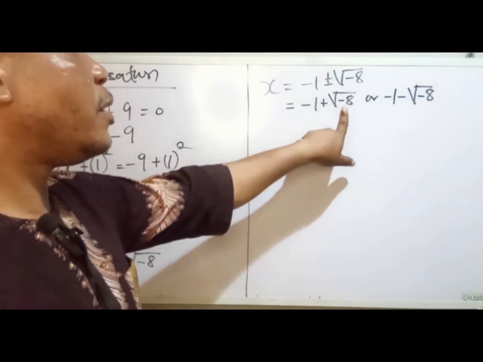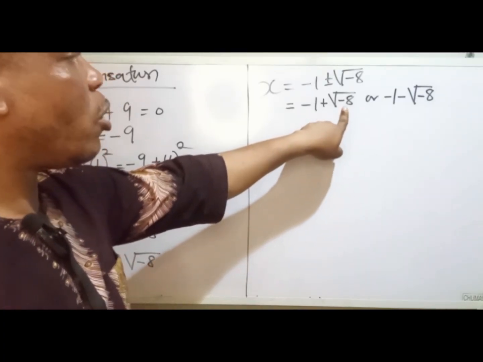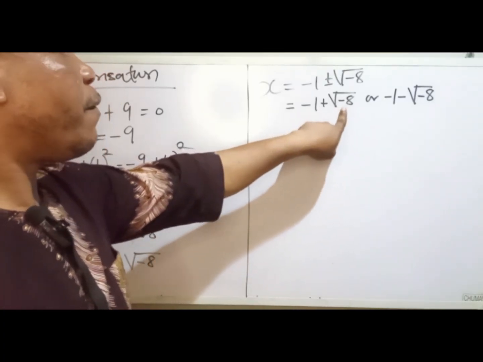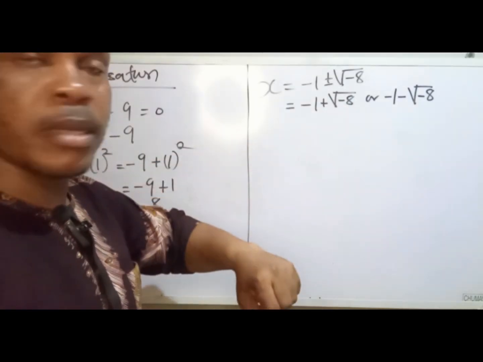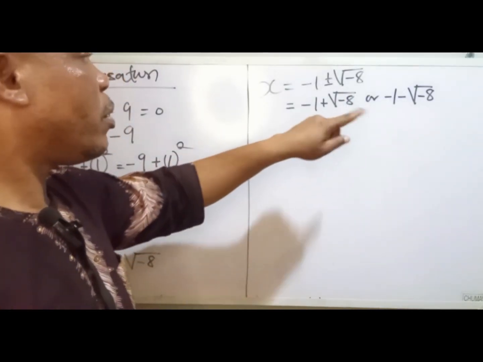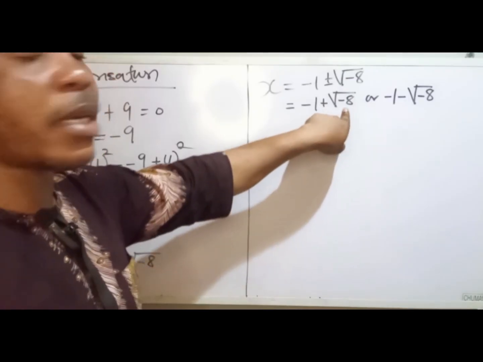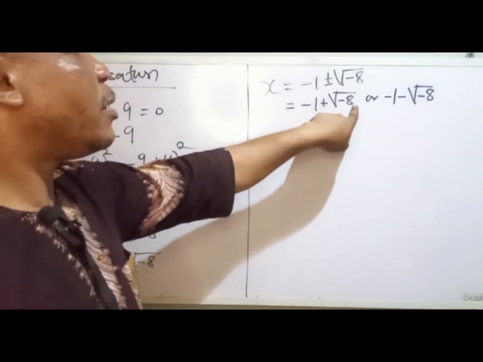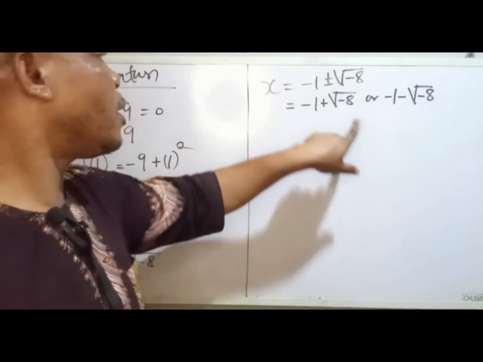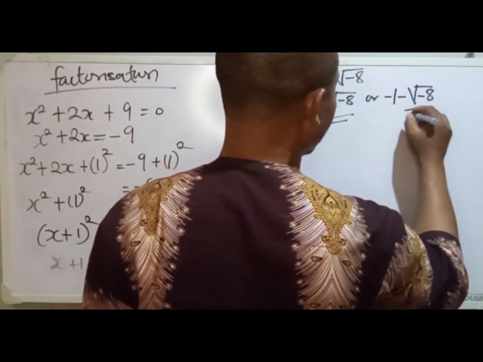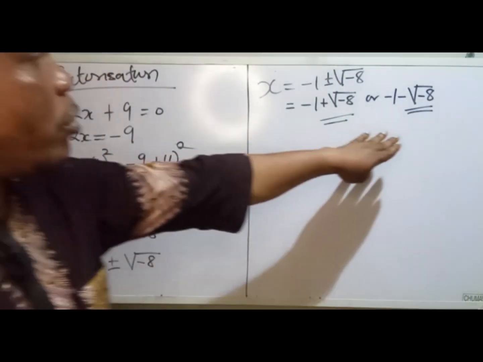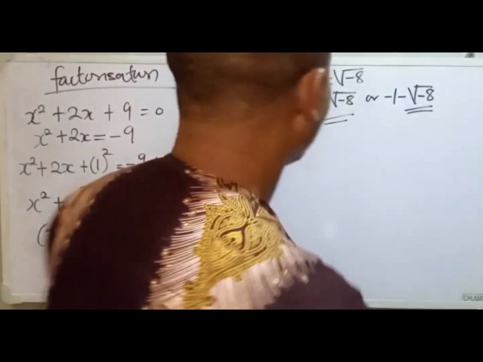So we don't want to have this in decimal. And also, if I had a factor of 8 that was a perfect square, it would have been easy for me to multiply the two factors that can give me 8 and then find the square root of that particular factor. But since I don't have it, I'm going to leave it in this form for now. All right, so meanwhile